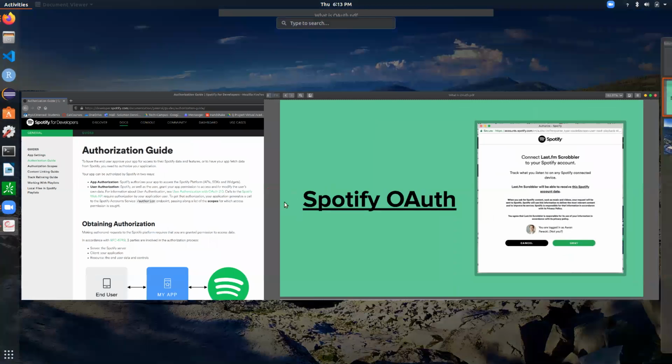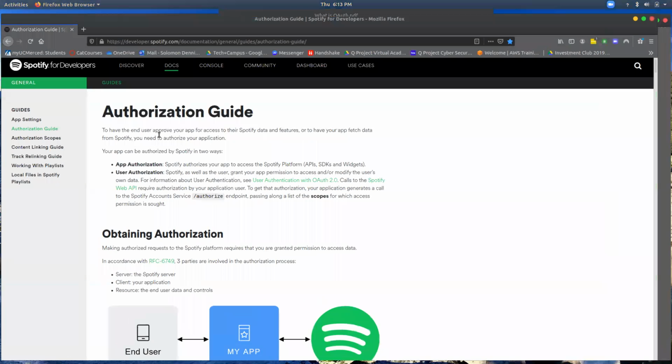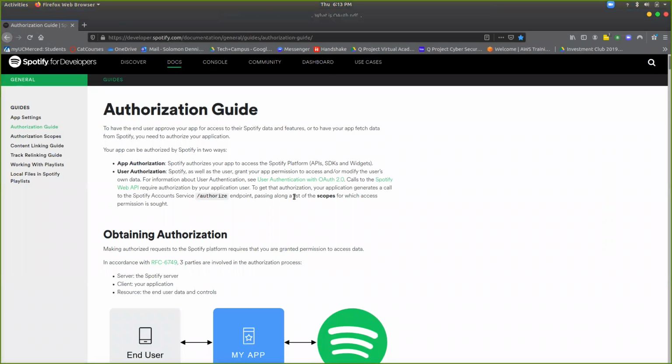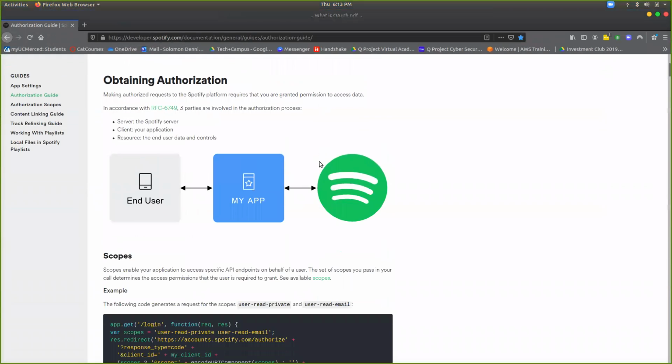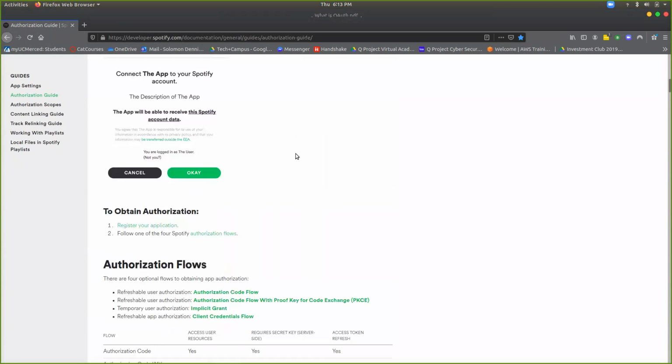So I'm going to switch pages and go to Spotify's developer web page. I was on this website the last time I did a workshop, and as you can see, this page here is a guide for how to use Spotify's authorization. And if we scroll down here,